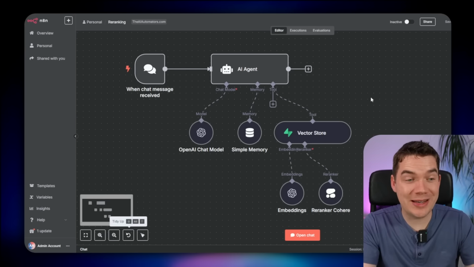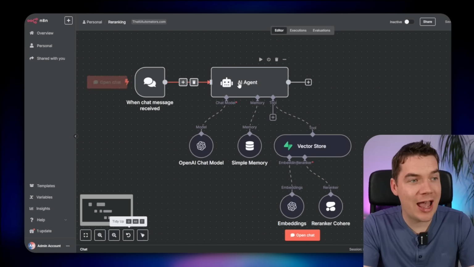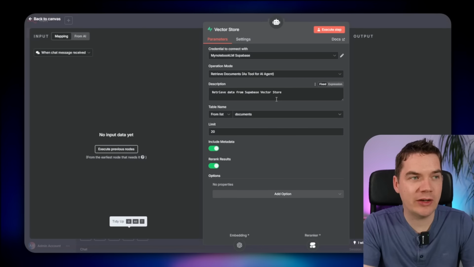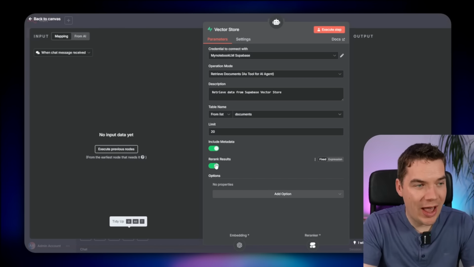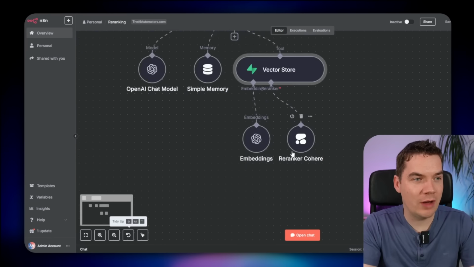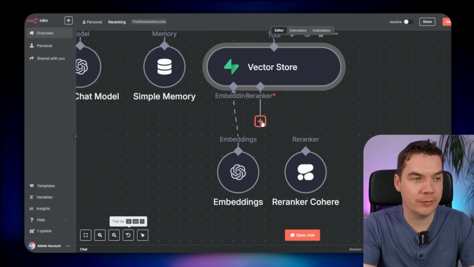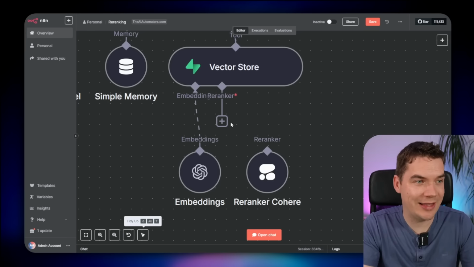But now let's jump into the new Cohere re-ranker node that you have on n8n. Here I have a basic AI agent with a chat trigger. I have a Supabase vector store, and if you have version 1.98 or higher, you now have this re-rank results toggle. And when it's toggled on, you have a new leg from this node, which allows you to connect a re-ranker. Now currently there's only a single re-ranker that you can use, which is Cohere's,